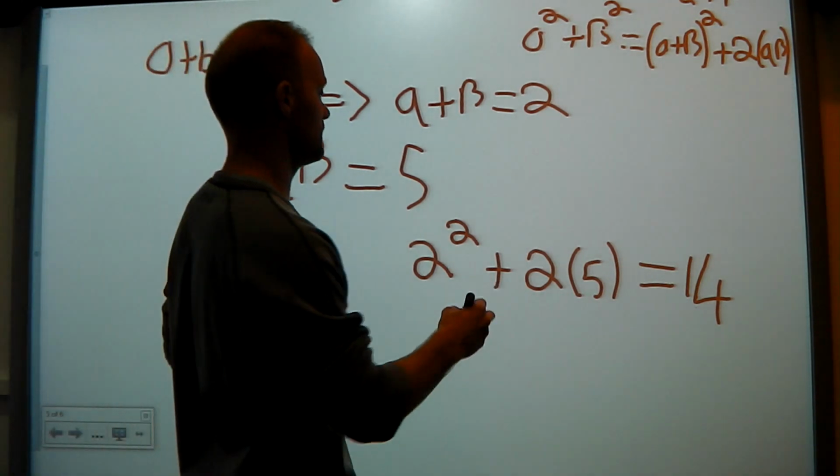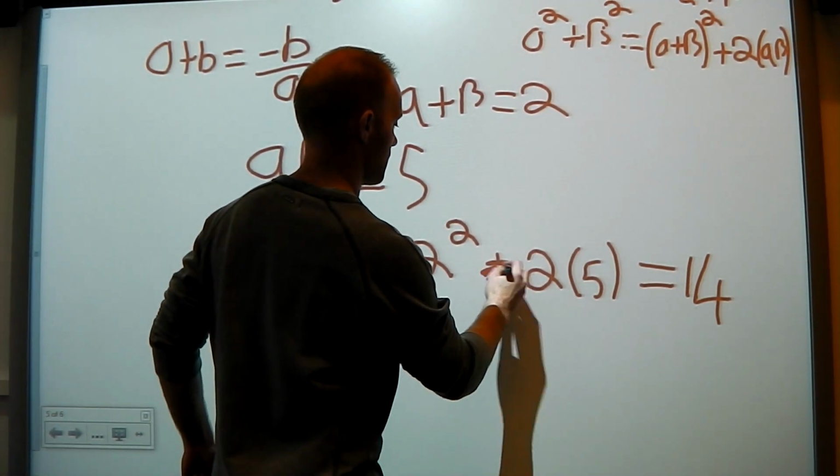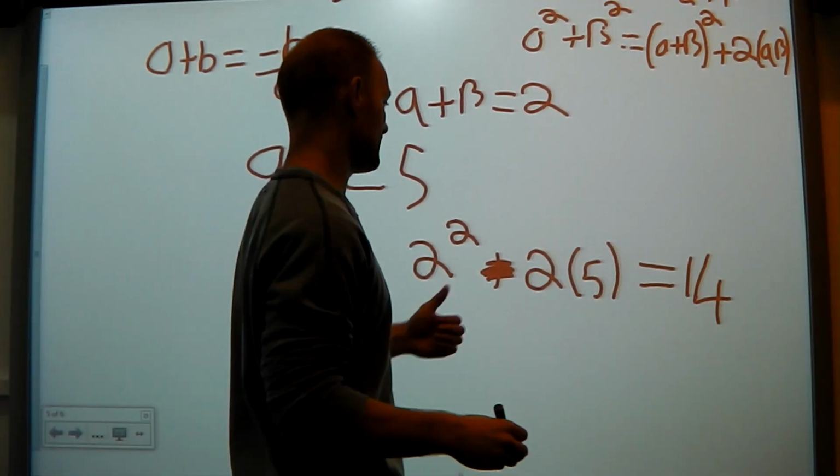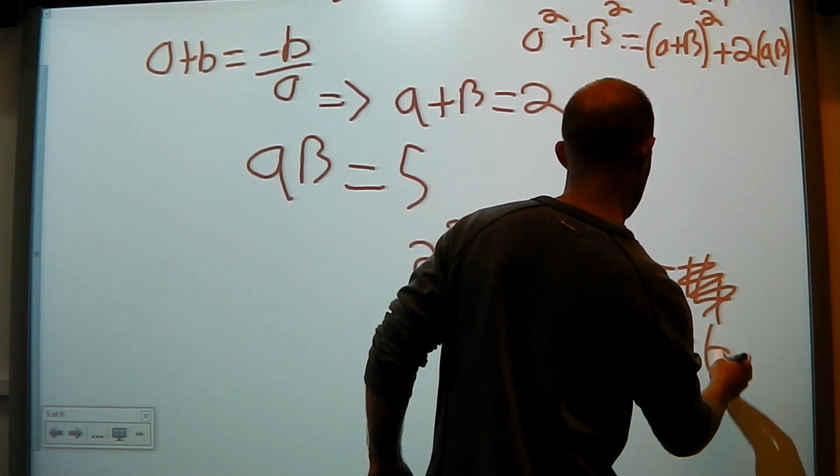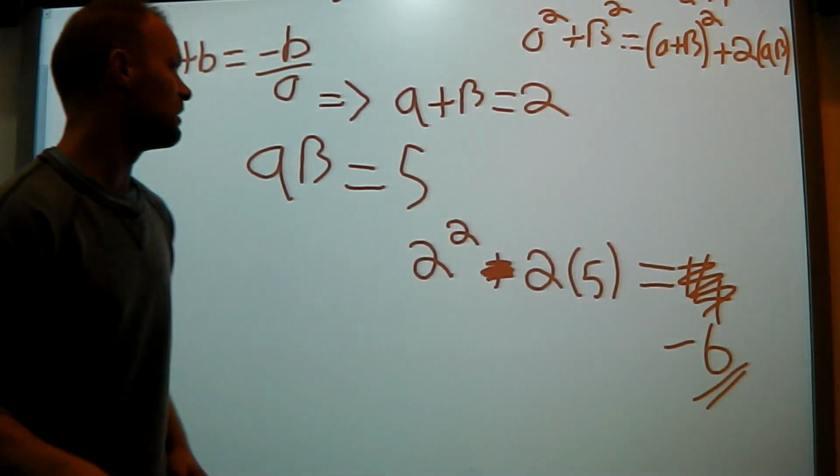Actually, sorry, that's negative 2 alpha beta. So negative 10 plus 4 equals negative 6. That's your solution. Now for the next part,